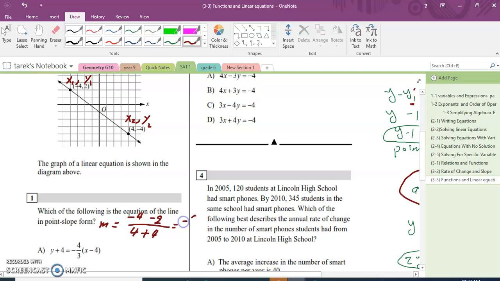So it will be -6 over 8. If you simplify, it will be -3 over 4. This is the slope of the line. Now use the slope